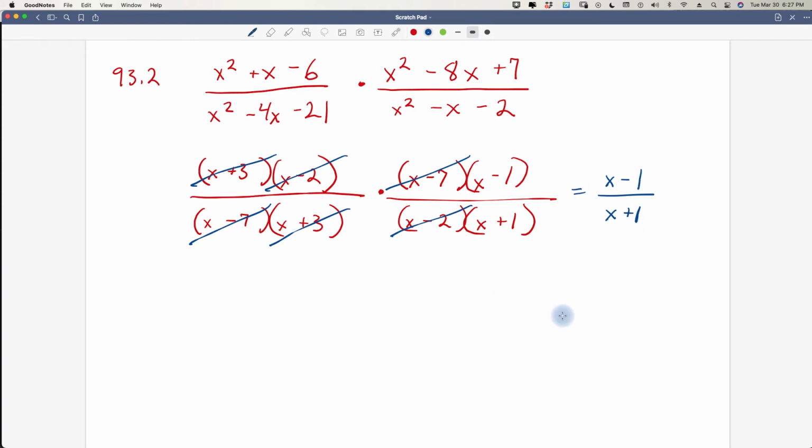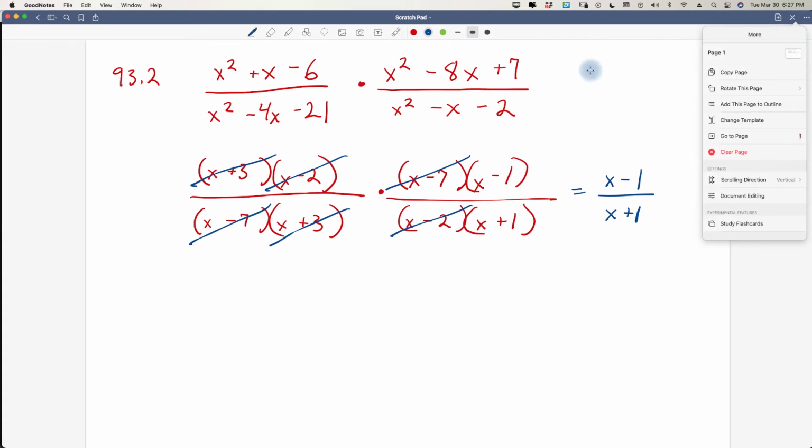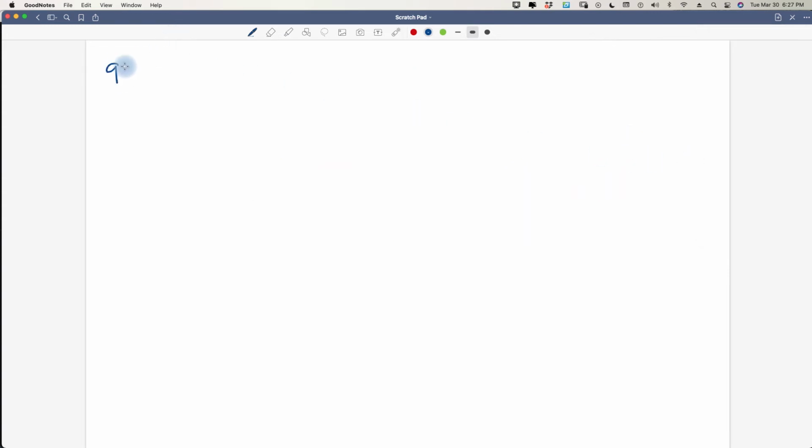That is it for the first part of lesson 93. Now let's move on to the second part, which is quotients of rational expressions. So it's the same thing, only in division. Okay, so let's clear this. 93.3. So we are given x squared minus 2x over x squared plus 2x minus 8